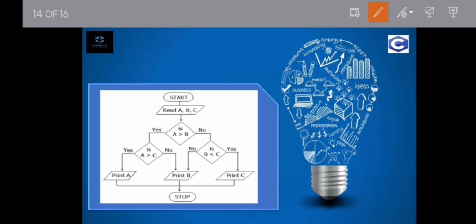than B. If A is greater than B, then check for the next condition. If A is greater than C, if it is true, print A. Again, if the condition A is greater than C is no, it will print B. And if A is not greater than B, then it will go for the next condition. While writing the program, we use elif, that is nothing but else if,